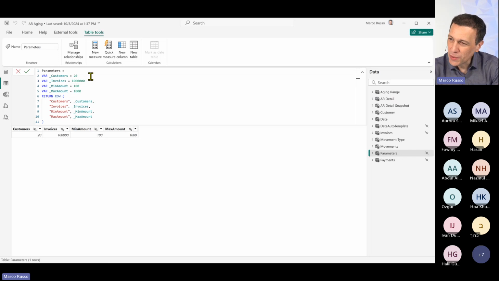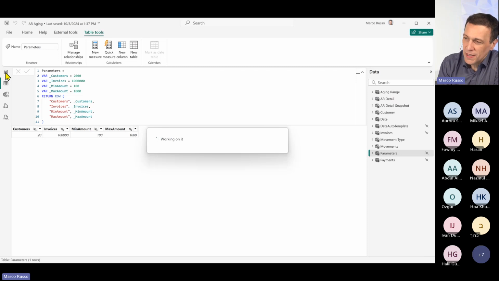So let's go to 1 million invoices with 2,000 customers, and let's see if we can stress the system a little bit more. Here we go. Now it takes more time, a few seconds. That makes sense because we are extending two tables and probably also the complexity. I hope I didn't do this with too high a value. 1 million. Yeah, it shouldn't take too much.